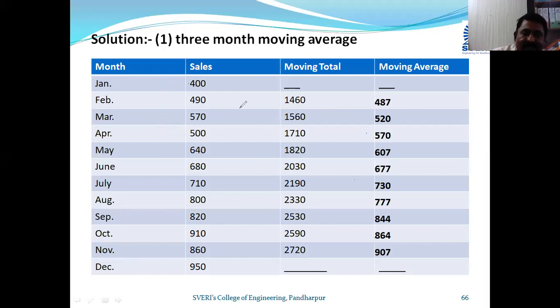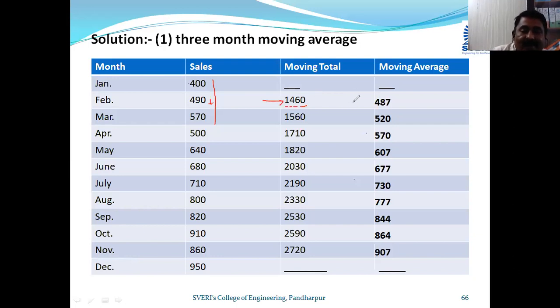the moving total. Actually, direct moving average is required, but for your better understanding I have mentioned one word, moving total. So for January, I want December, January, and February. This will not be the center, I will start from the data. So I will add, what is the moving total? I can say here 400 plus 490 plus 570. I will go for the addition of these three, and I will write it at the center. As it is 3 points, 3 plus 1 divided by 2, so it will be at the second place. So this is the moving total, 1460.